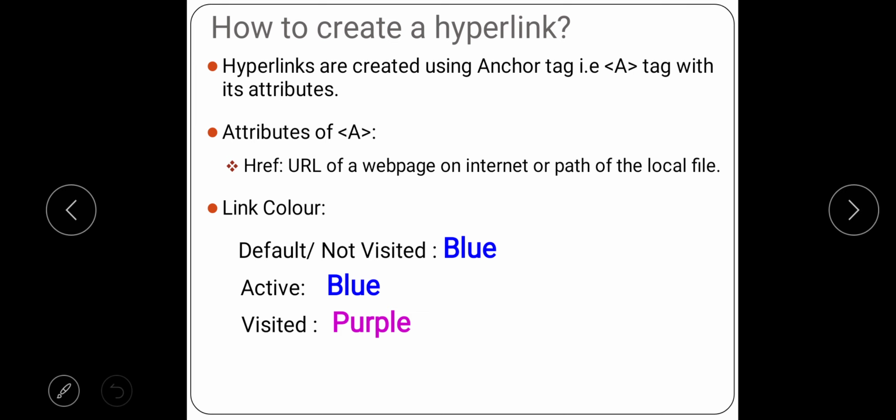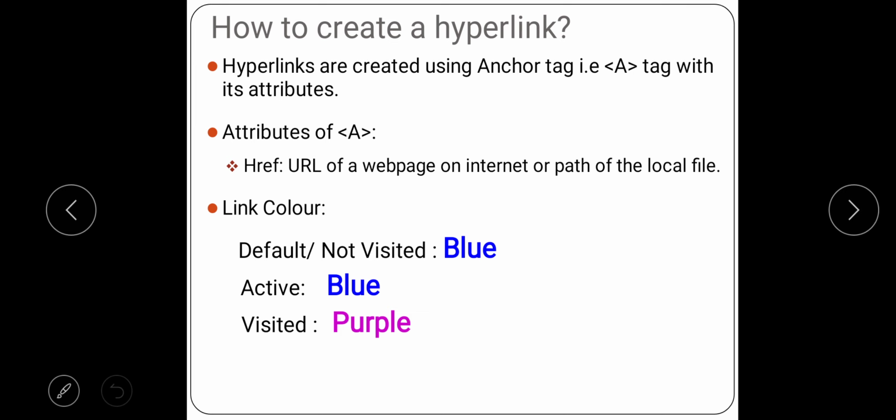So if you want to use the href, you can either give the name of the file or the path of the file, right? If you simply want to give the name, you have to have that external file in your folder.